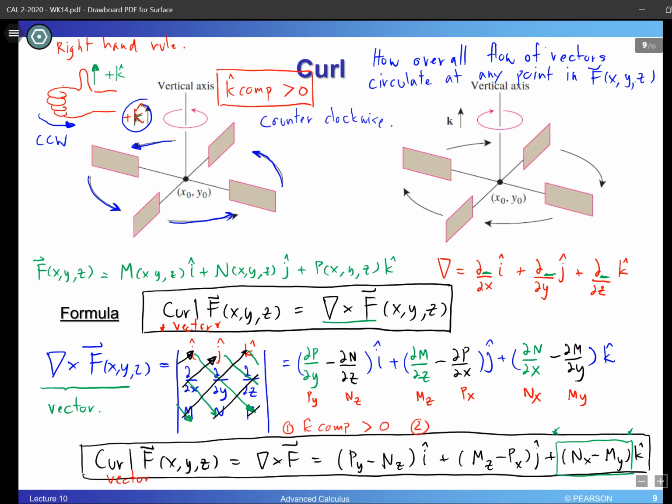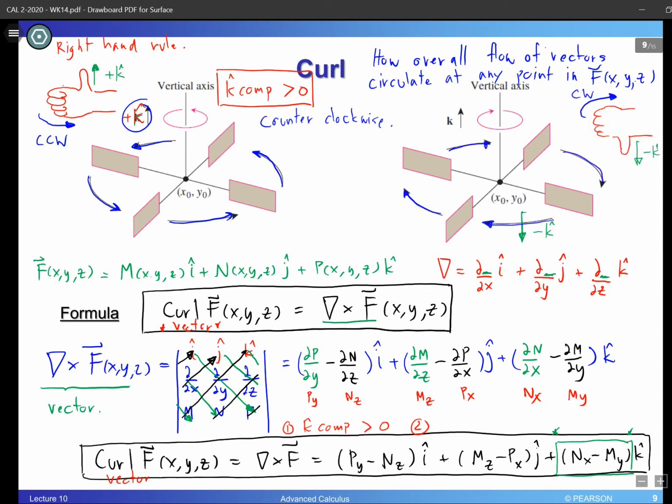Now, when the k component is negative, you are going to get something different. You are going to get a thumb down. So let's write that right here. Okay, thumb down. So thumb down is going to go into the direction of negative k, minus k hat. So we have this direction as the reference, going down, minus k. In this direction, you are going to follow your fingers, and you are going to see the circulation in the direction of clockwise. It's going to wrap your hand in this direction. So it's going to be clockwise rotation. So if you use this as the reference, minus k, you are going to get this clockwise rotation for the turbine